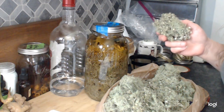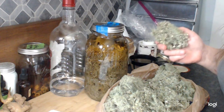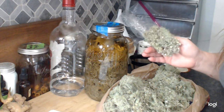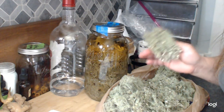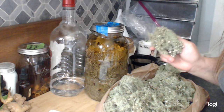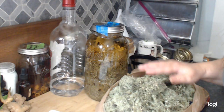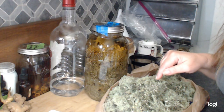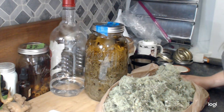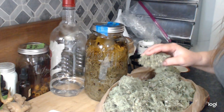This is known to hold on to heavy metals. To avoid your body stacking up with heavy metals, make sure you drink lots of water when you are ingesting this. Another way this can be utilized is to put this, I didn't bring it with me, but you can put this in some